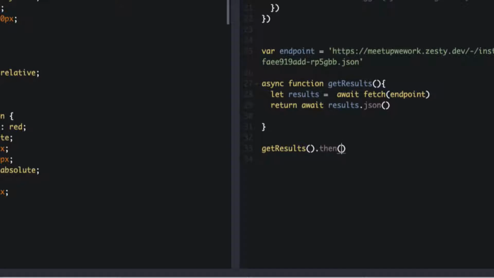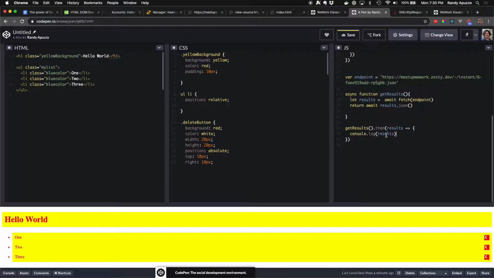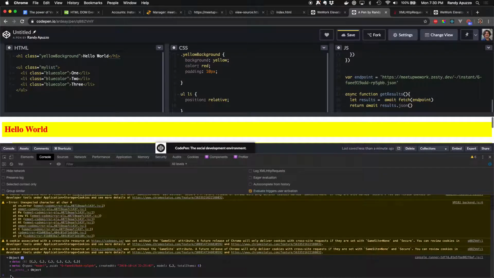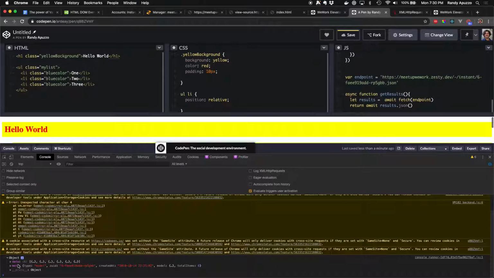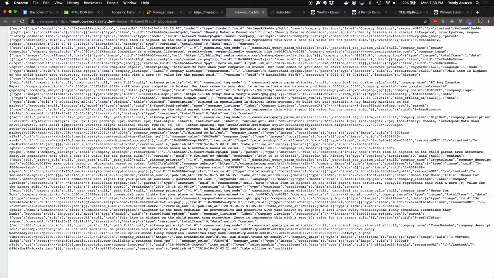And then from then, we can say results, and try to console log the results and see what we get. You can see I now have an object I can do things with. So this results object is this, but prettier. What we're going to do is start looking through that for data we can use